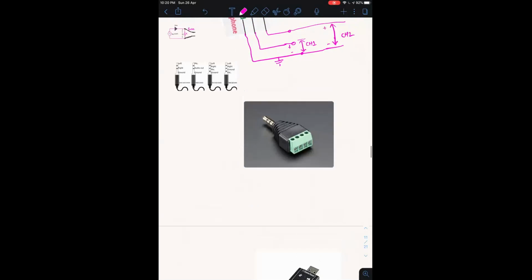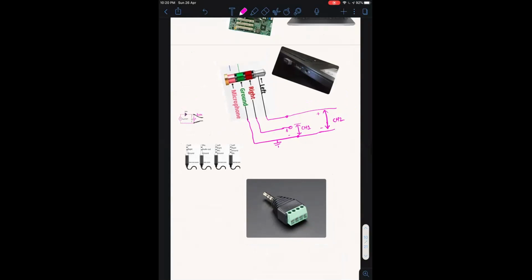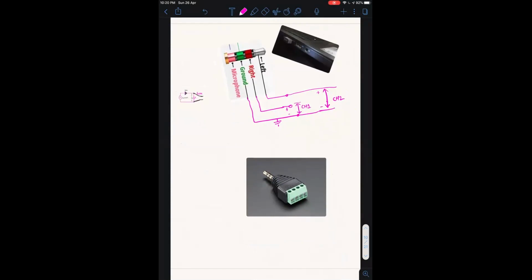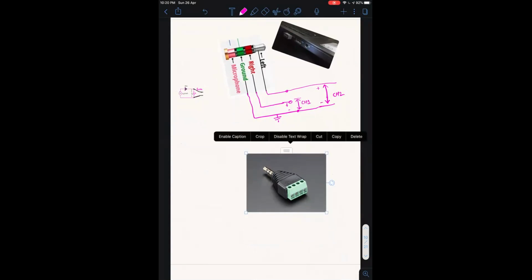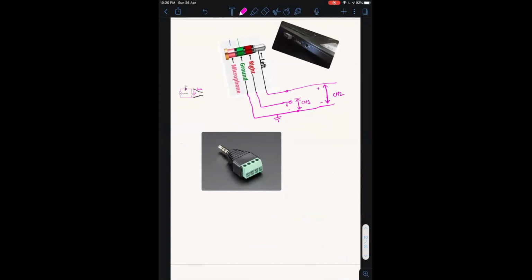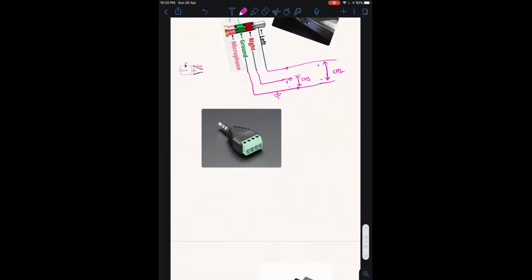To take out the connection from this audio jack we need some kind of connector. We can use these kinds of connectors which are available in the market.